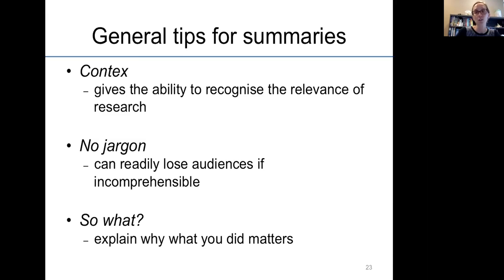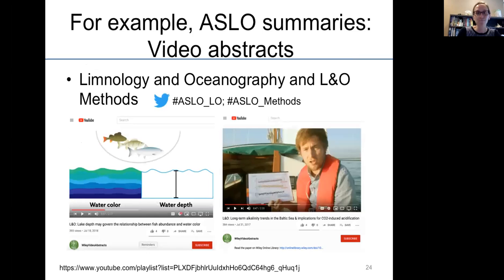Complex terms that are hyper-specific or acronyms can very quickly lose your audience. And then you also want to add the so-what part. Why is it that this research matters?